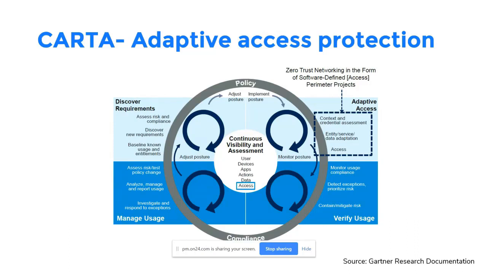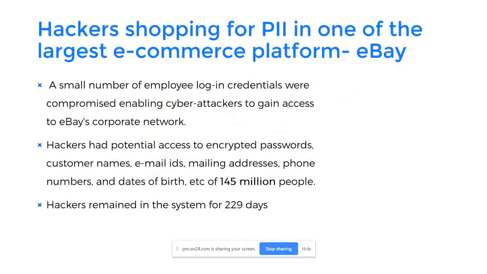So we've been talking about a couple of best practices here. I started out with one recommendation, which was the idea of considering that a hacker is already in your system. The next recommendation that I had asked you to do was turning on multi-factor authentication, which is a simple thing to do. The next one is, if you're on your journey towards identity security, look for a model that is adaptive, because identities are evolving at a rapid pace. The accesses are also supposed to be contextual. Have that in mind. So we spoke about a case a while back. We spoke about the Deloitte case. There's another interesting case that I want you to look into.